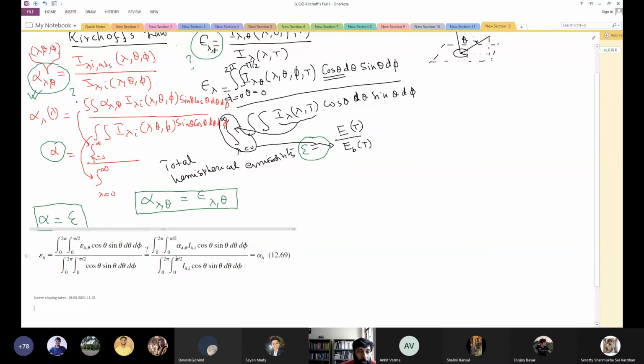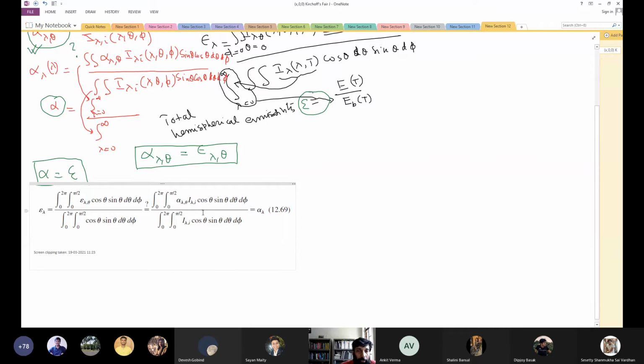So first, you see that you are able to see this equation, right? Yes, sir. So the way I have just explained before, is I've written the expression for epsilon lambda and alpha lambda, and they have put an equal to with a question mark. Is it possible that these two are equal? So now tell me under what condition these two can be equal.